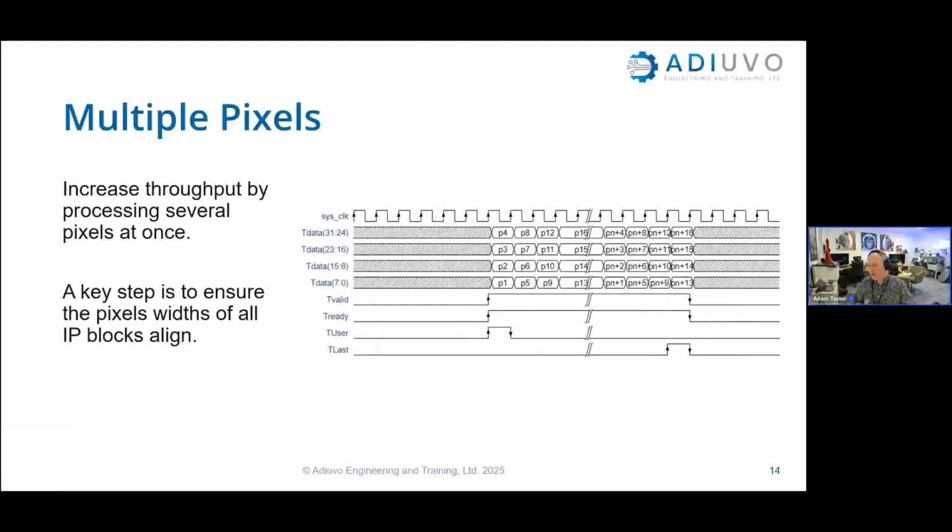So we can have maybe 1 pixel per clock. That's okay, but it's fairly slow. We could have 2 pixels per clock, 4 pixels per clock, or 8 pixels per clock, and transfer these pixels in parallel. That really increases the frame rate that the FPGA can support, and the data throughput. Now, one of the key things to do this, and we're going to talk about IP blocks in a minute,